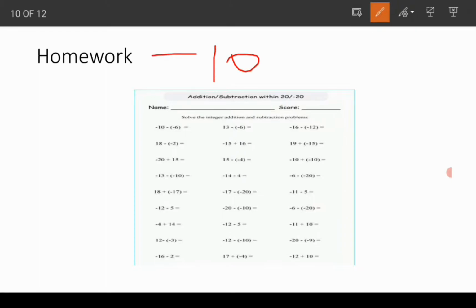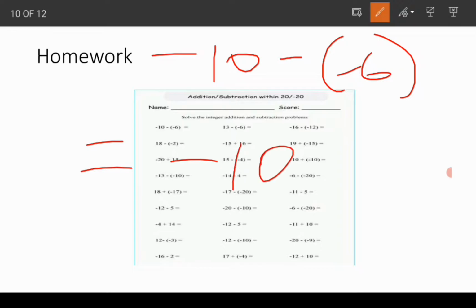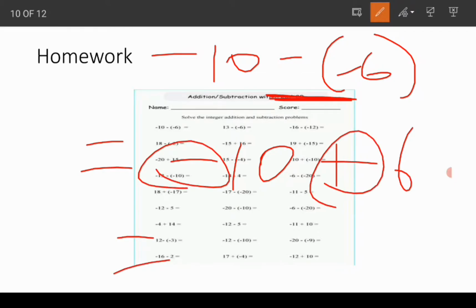Now we are going to solve the equation. Minus 10 and minus of minus 6. If we open this bracket, what do we get? Minus 10. Minus into minus, some basic formulas, very important. Minus into minus, when you open brackets, you get plus 6. So here you have different signs, minus and plus. So what do we do? We subtract. 10 minus 6 is 4.